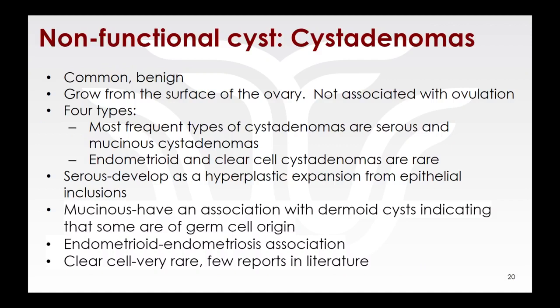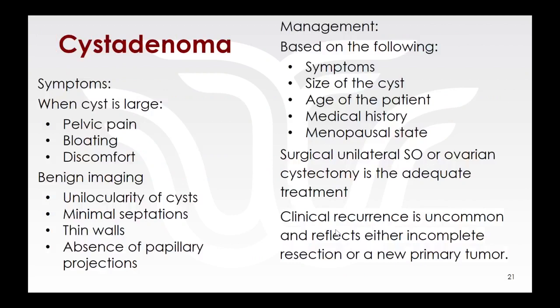There are some endometrioid and clear cell cystadenomas, but that is rare, and those can obviously develop into cancer, those clear cells. They're very, very rare, and there are few reports of them at all. When they're large, similar symptoms as everything else. This is letting you know